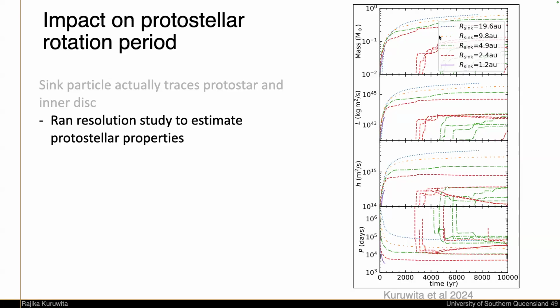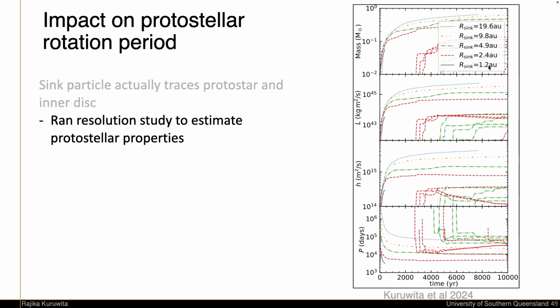And what you kind of see, purple is the highest resolution, blue is the lowest resolution. The mass evolution of the primary star is not converged, angular momentum not converged, specific angular momentum not converged, period not converged, but it is going further down. So the period is going lower and lower as we get to higher and higher resolution. So the highest resolution